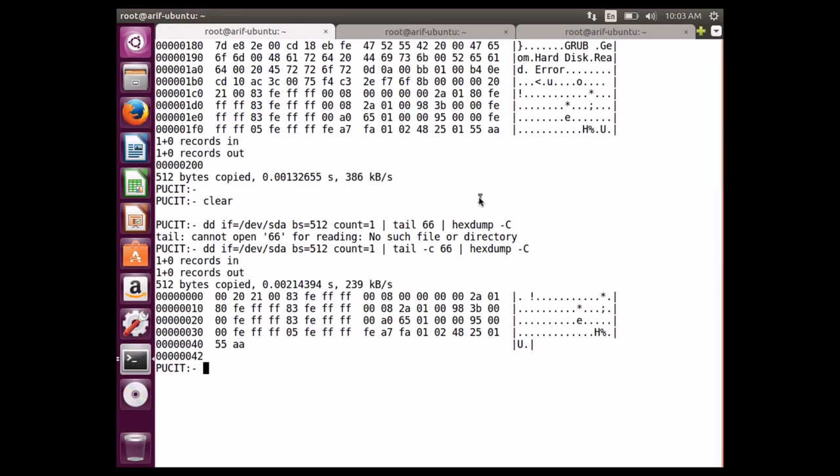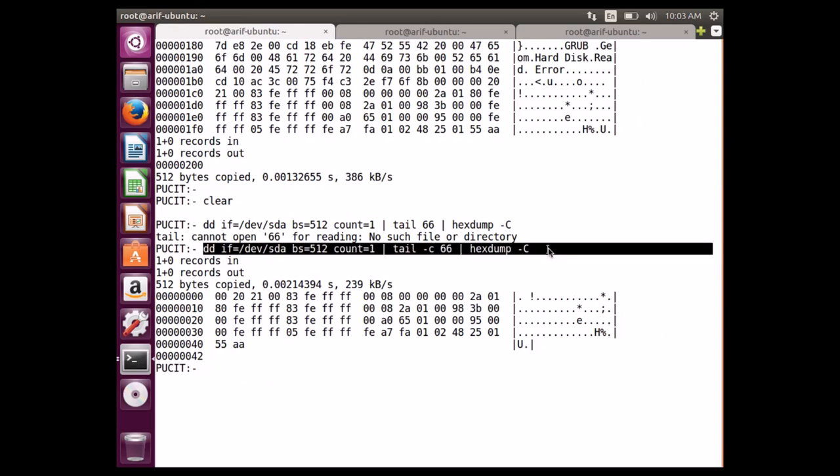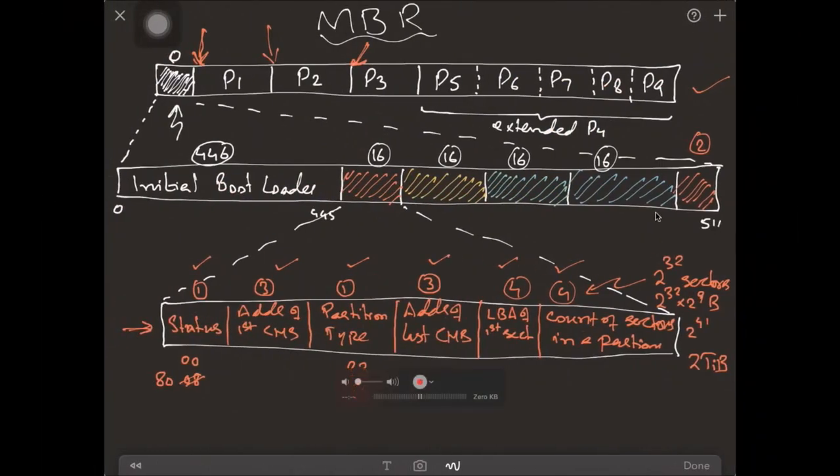Now you can understand it properly. So this is the command which I gave, which says read 512 bytes at a time, once only, put it in a pipe, then the tail program is just reading the last 66 bytes,